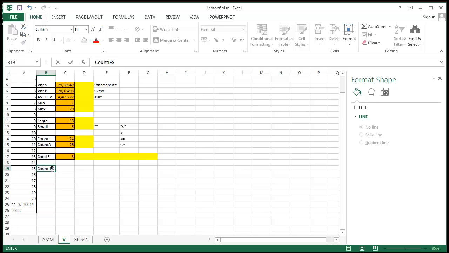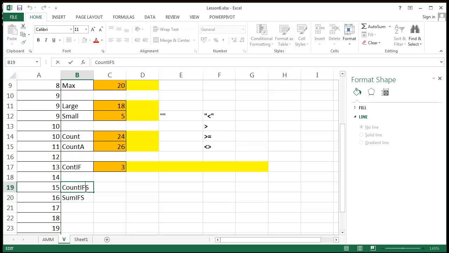COUNTIFS and the function SUMIFS, you will note that the IF marker is always the criteria marker in the function, and the S usually marks the multiple function variation. So if you want to know a bit more about these two functions,